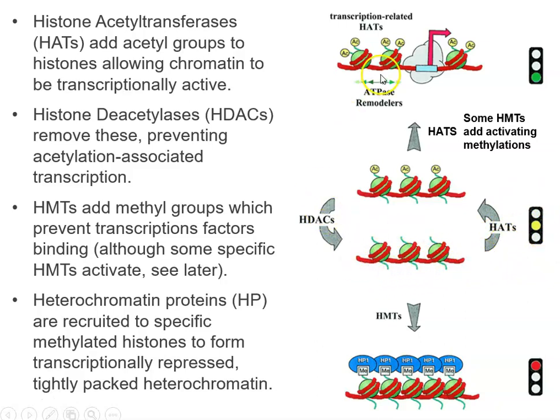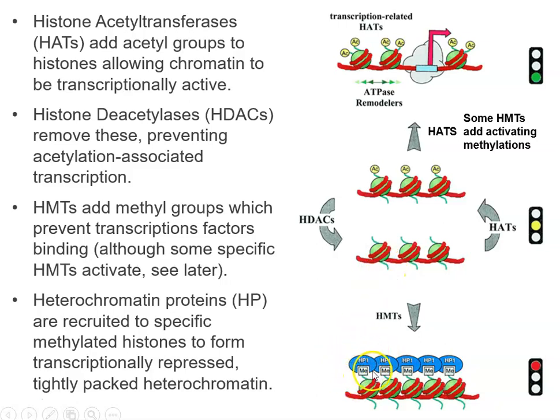But the important thing is, if you want to go from being acetylated to methylated, you have to remove the acetyl groups, and that's what HDACs, histone deacetylase enzymes, do. Once the histones are unacetylated, they can be methylated. This is where your histone methyltransferases will tag these N-terminal histone tails with methyl groups, and then they will